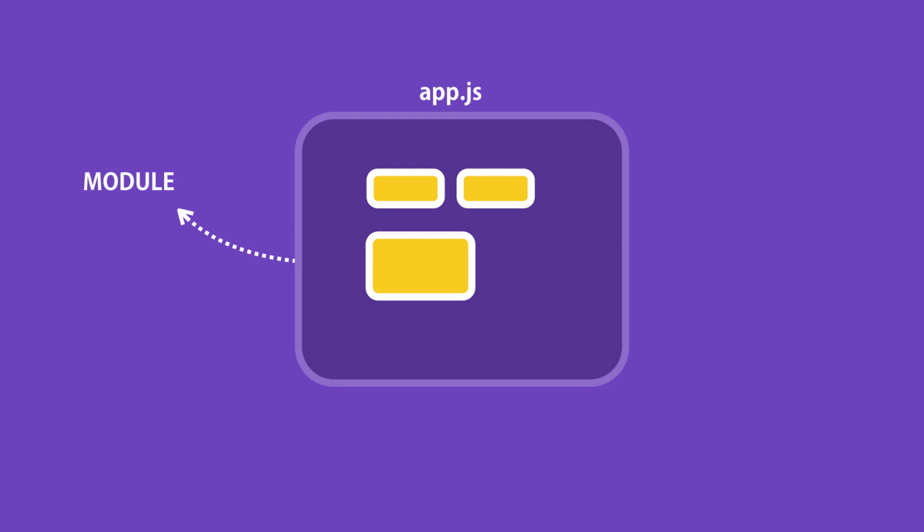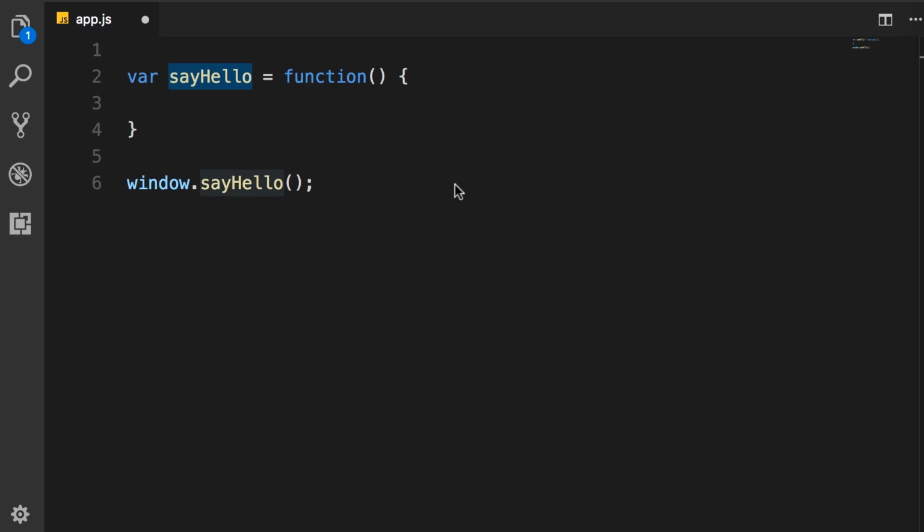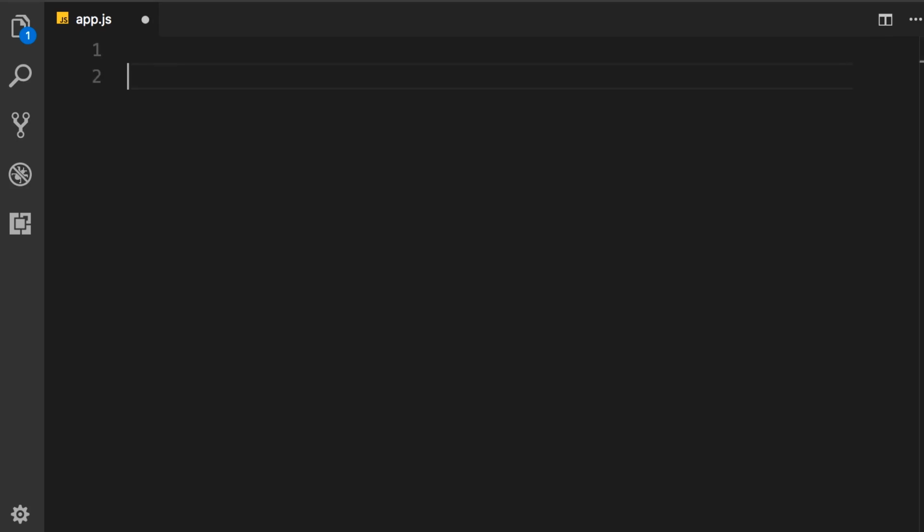So what I want you to take away from this lecture is that every Node application has at least one file or one module, which we call the main module. So in this case, this app.js is our main module. Now let me show you this module. So I'm going to delete all this code here and do a